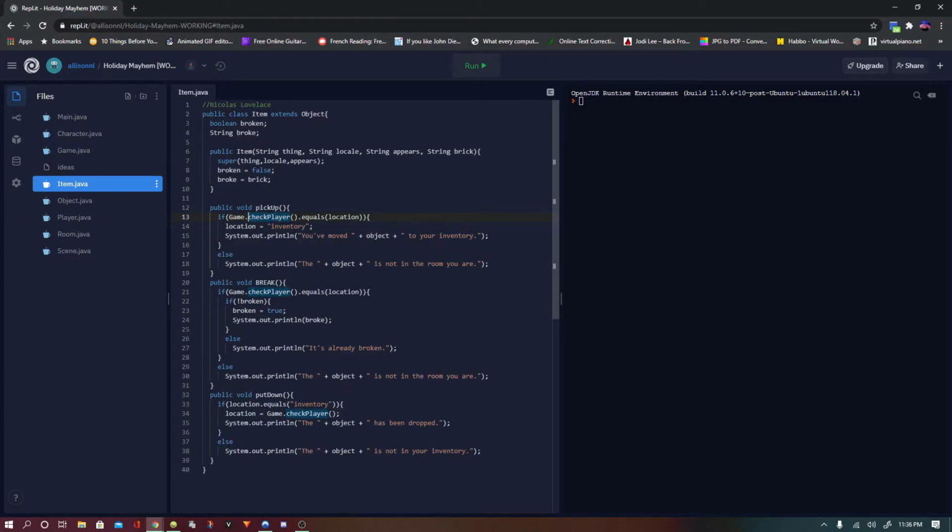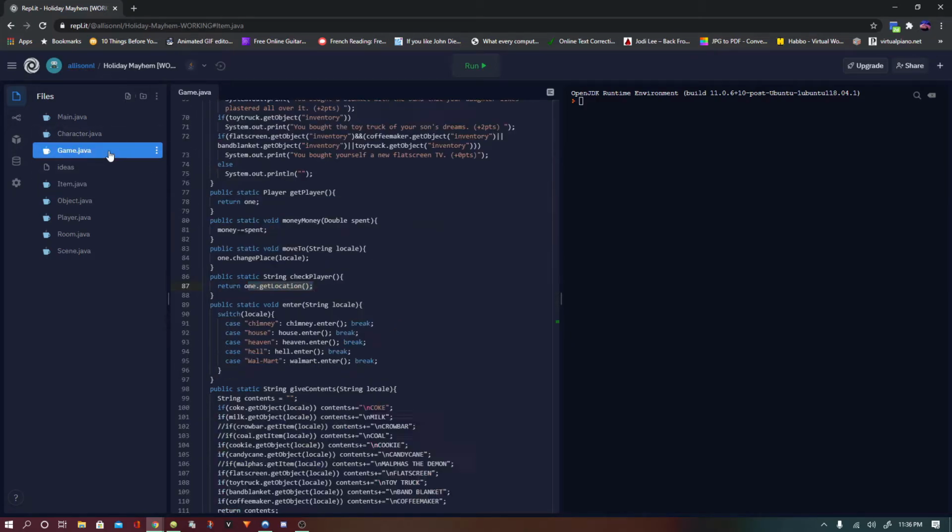So if this location equals the location of this object, which was in the object class, location equals inventory, and then it'll say that you moved it to your inventory, or that the object is not in the room you are in if the location doesn't match. So it won't do anything, it'll just tell you that it's not there. So that's how you pick stuff up.